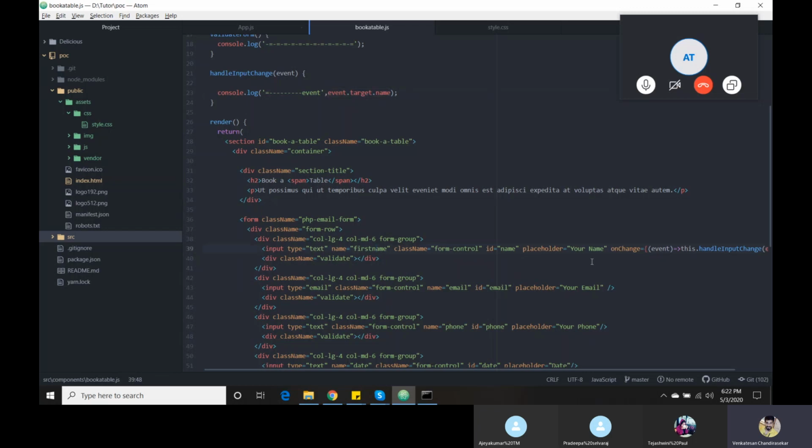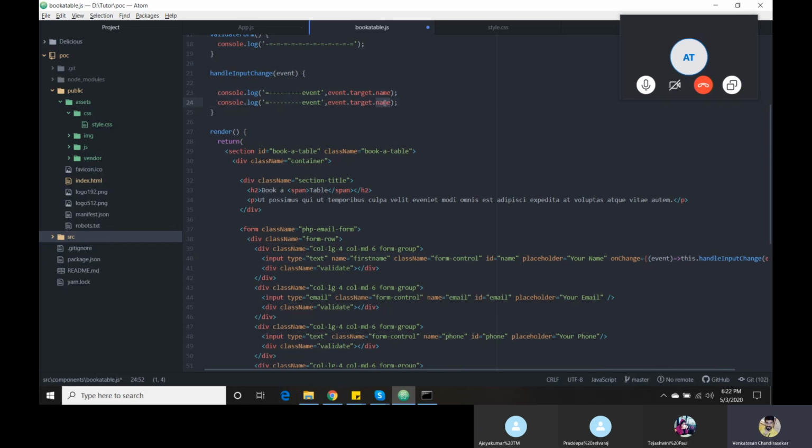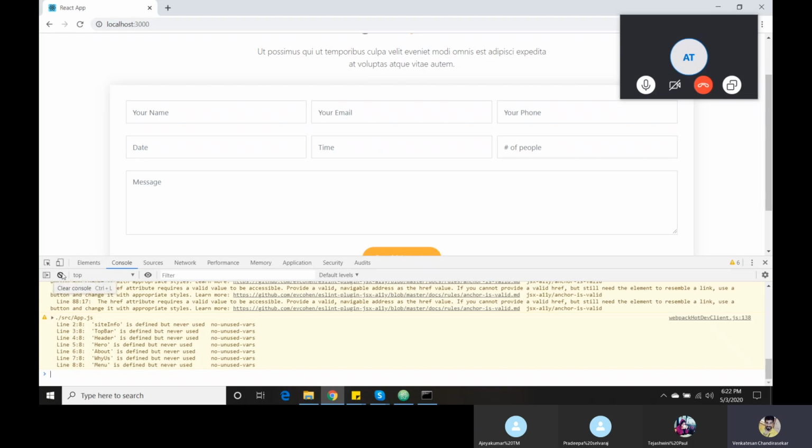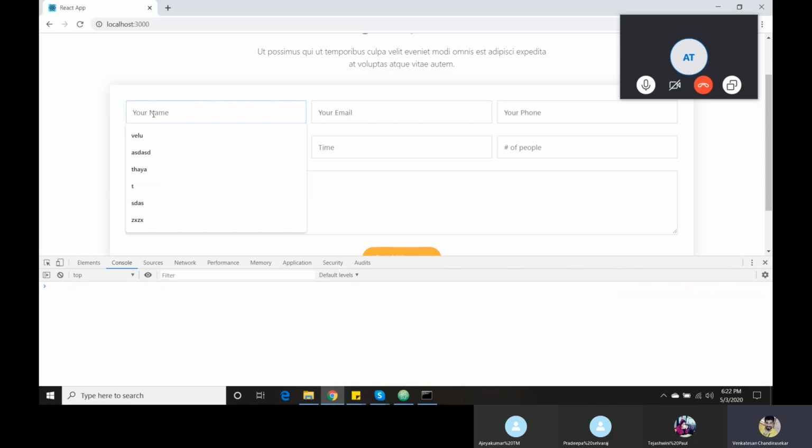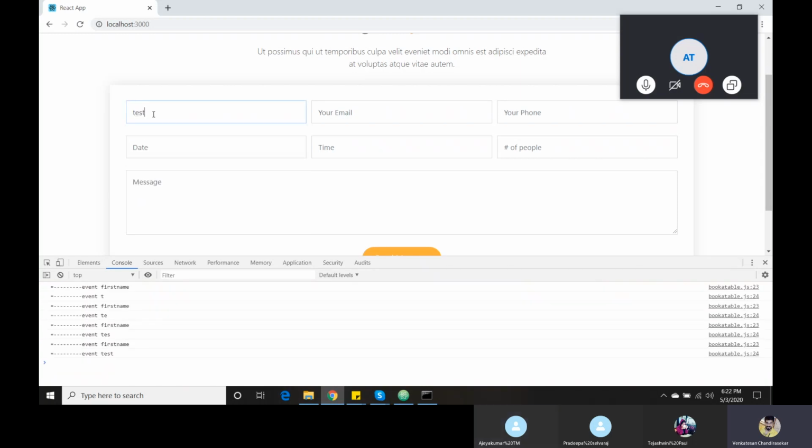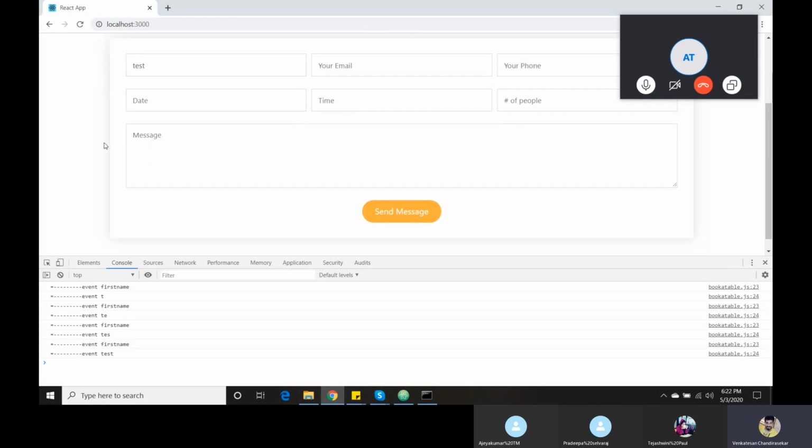Then I need to get the typed value. The same syntax we need to use: value. I will show you the complete event.target object once you get clarified. Now I have changed the input type text.